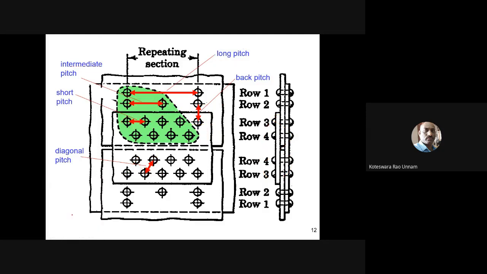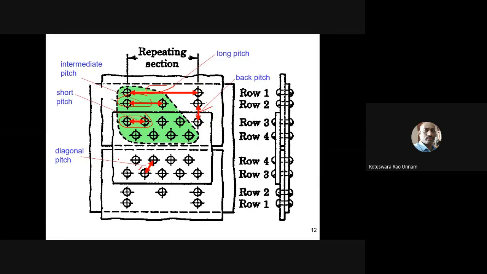You have three normal pitches, that means three different types of pitches. This is short pitch, intermediate pitch, and long pitch. And then this is the back pitch, and this is the diagonal pitch. Okay, I think this is the basic introduction of what we need to know before going to estimate the strength